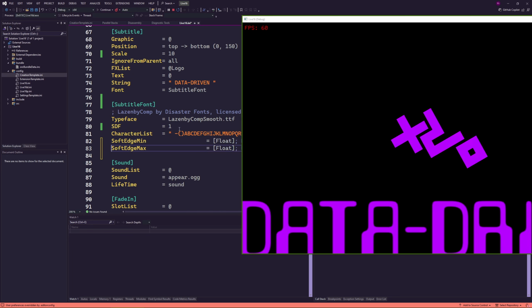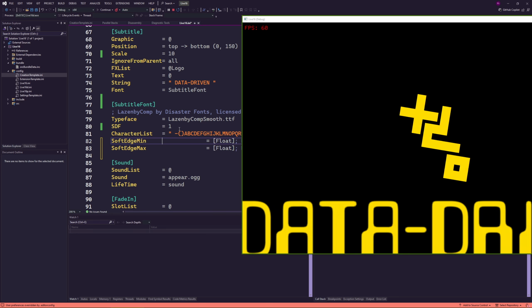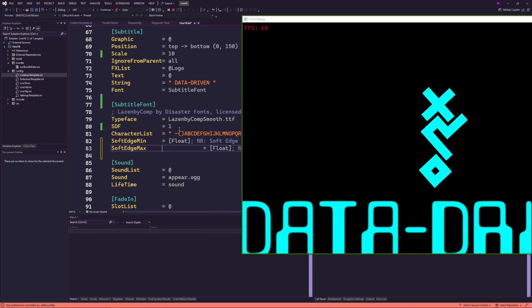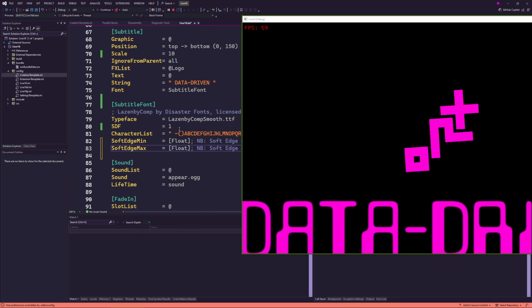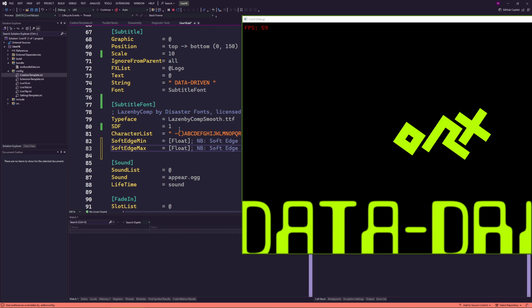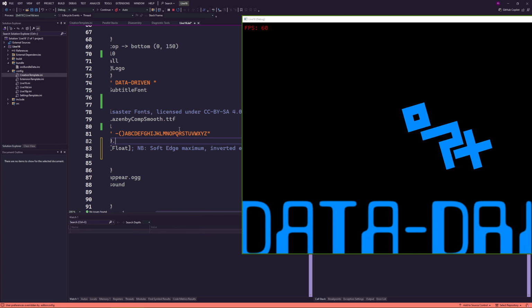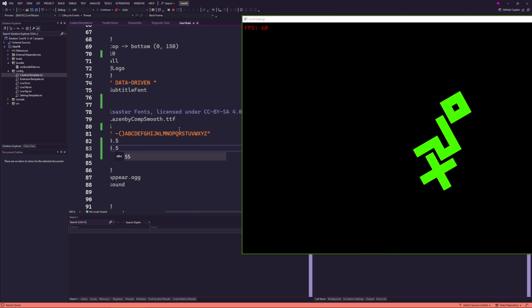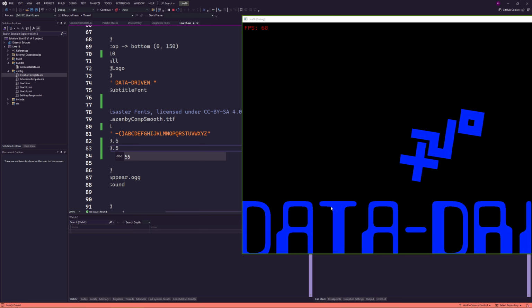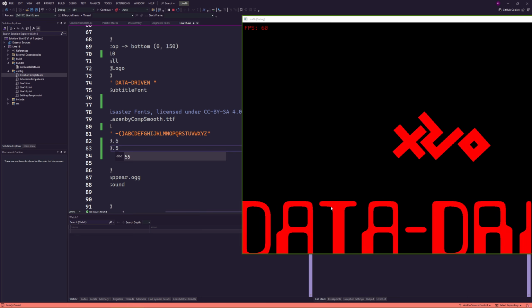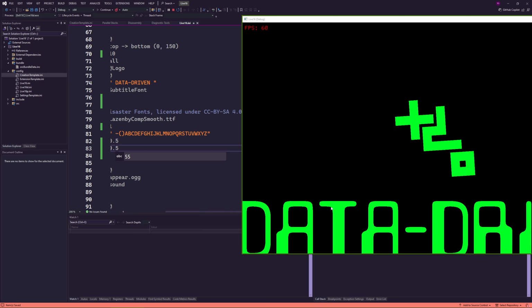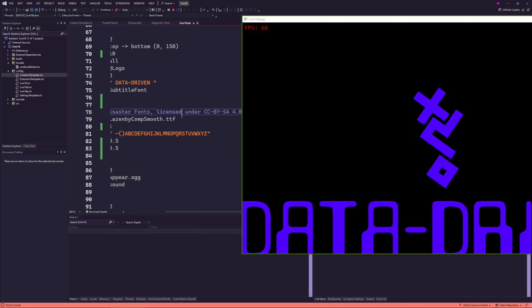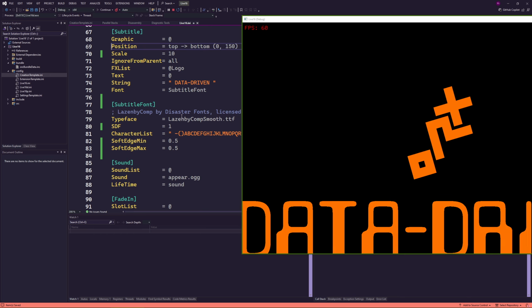If I were to change the soft edge mean, you want to be around the 0.5 value, that's the limit between inside and outside of the glyph. So here, if we put 0.5 on both of them, you can see that it becomes very, very crisp. There is no anti-aliasing anymore, but it's also very crisp at a 10 times scale, right? Remember that we are scaling 10 times.